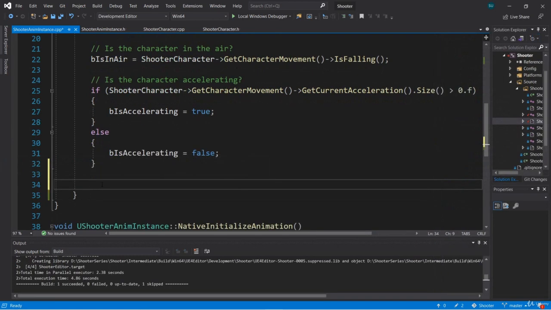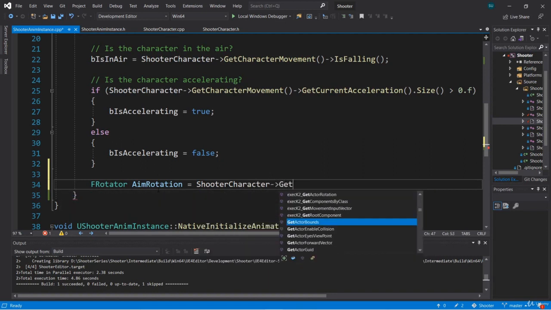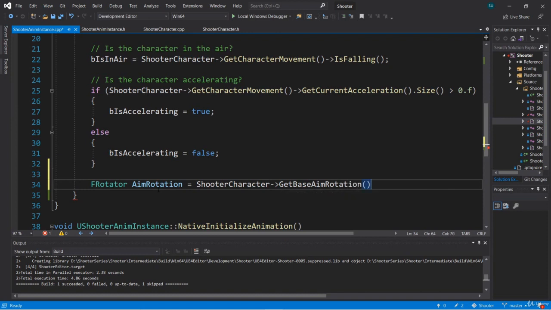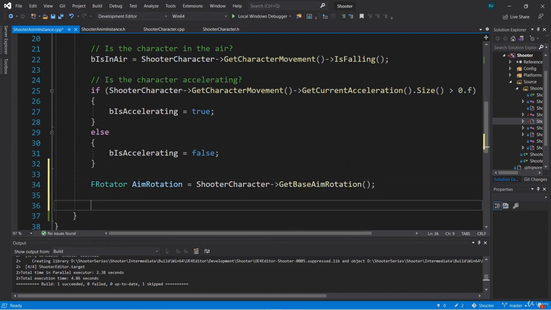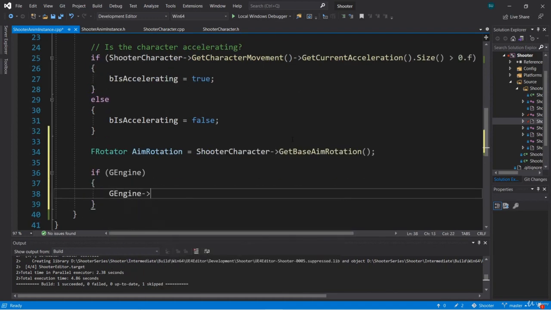So we want to know our base aim rotation. What is the rotation corresponding to the direction we're aiming in? So let's make an FRotator and call this AimRotation. And we'll set this equal to ShooterCharacter, and we're going to call a function called GetBaseAimRotation. This returns the rotator corresponding to the direction we're aiming in. Now we can print this to the screen by using a function on the GEngine called AddOnScreenDebugMessage. To do that, we'll say if GEngine and then call GEngine